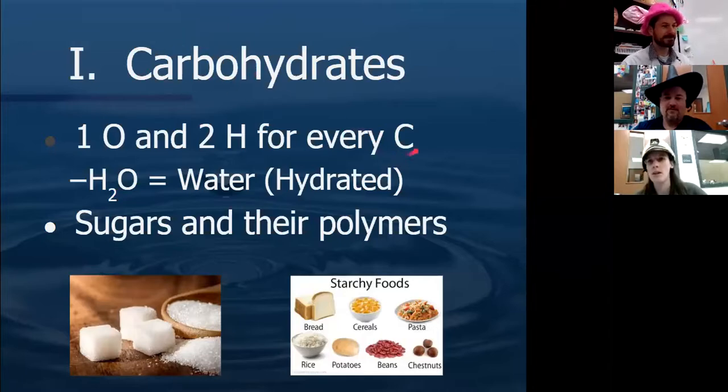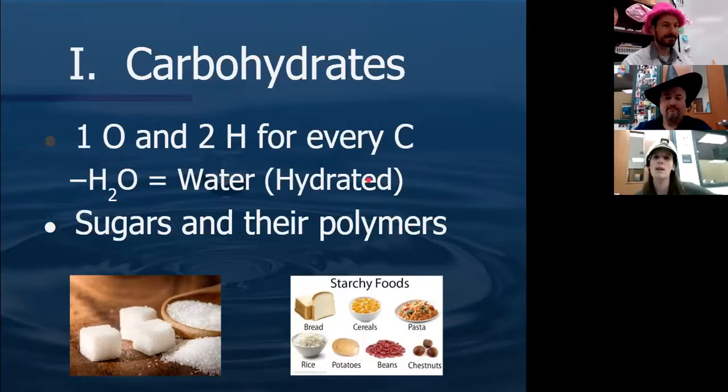they have carbon. So you'll see down here we have C to represent carbon. And carbohydrates specifically have one O, or oxygen, and two H, or hydrogen, for every carbon atom that they have. So you'll notice that that suspiciously looks like a water molecule, right? We said that water has two hydrogens and one oxygen. So we call carbs kind of hydrated. They have water, basically, because we have this chemical makeup of two hydrogens and one oxygen for every